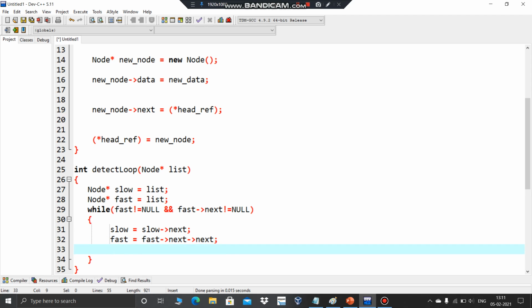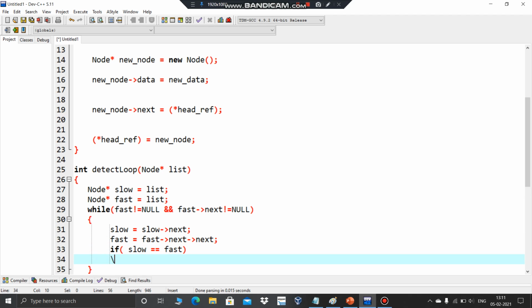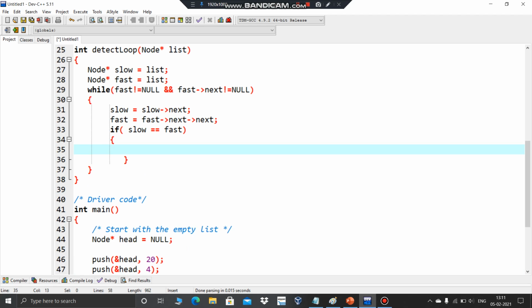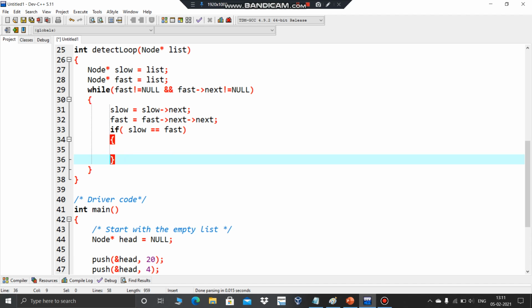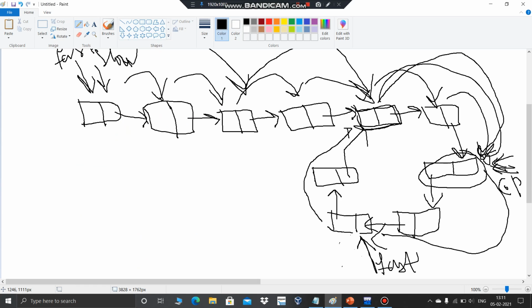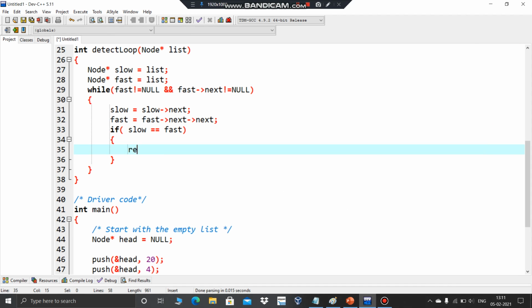Now, like this, the iteration will be going on. At some point of time, my slow pointer will be equal to the fast pointer if there is a cycle. If there is a loop, then these two have to meet, because one is going faster and one is going slow, and they are in a cycle, right? So if this happens, then we are done.